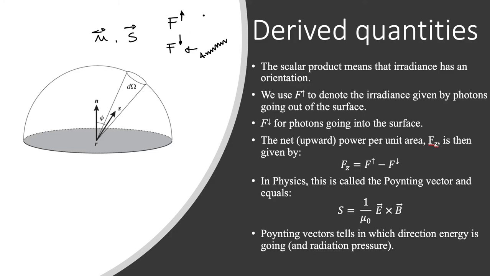This F upward could be the long wave photons that are being re-emitted by the surface of the Earth, and these are going up. The difference between the two is what we call the net power per unit area. This is bringing energy in, this is taking energy out. If you take the difference between the two, you get whatever is left. The energy, the power that is deposited